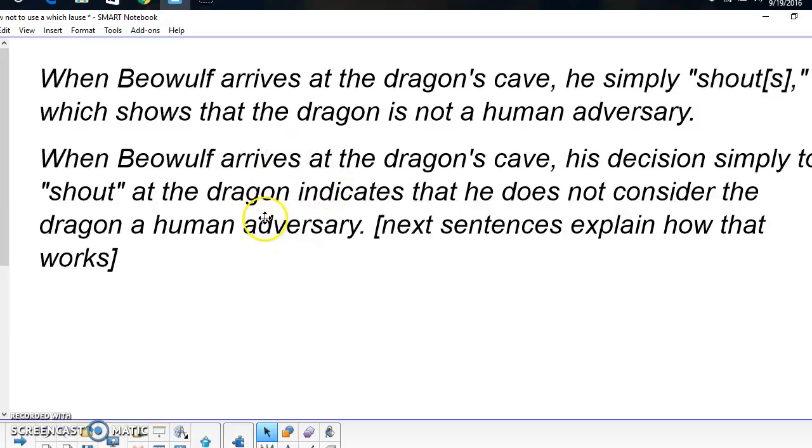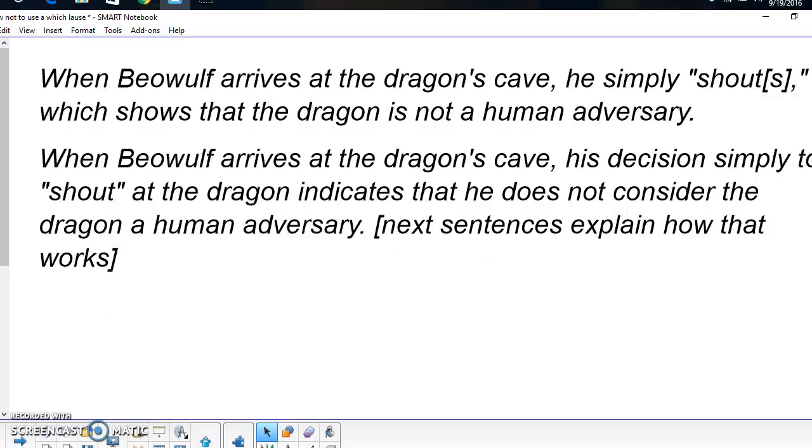What we're doing here, though, is we're just getting out of the habit of putting "which" something and then giving your commentary here. It shortcuts your explanation. Here, you probably just stop and say, well, I've done what I was supposed to do. No, you haven't really. You just put "shows" with a which clause and then threw a sentence in there, and I'm supposed to figure out how it works. If you do it this way, you set yourself up for these next sentences that end up doing the explanation